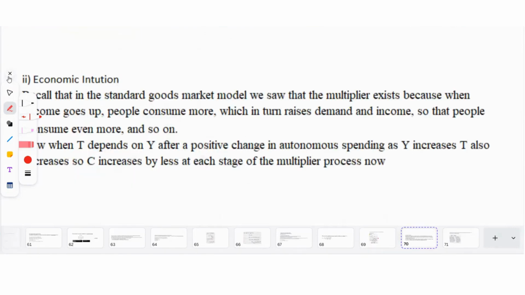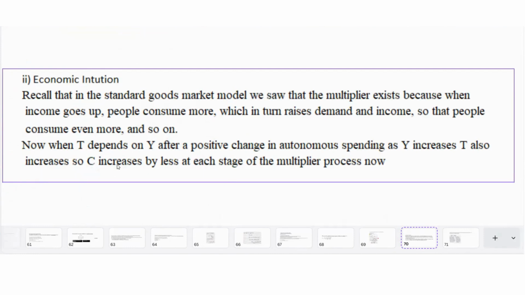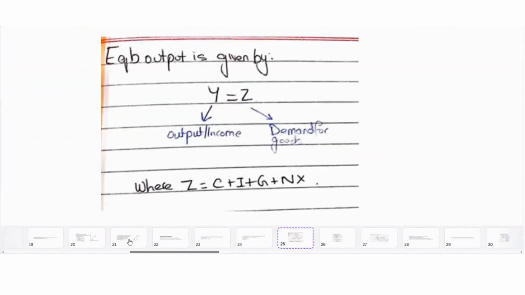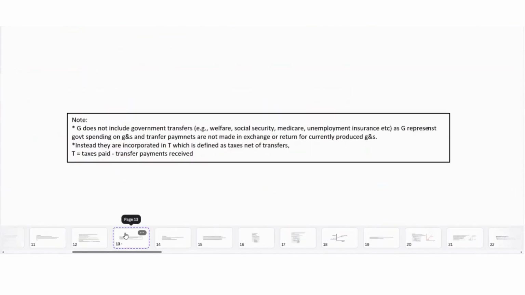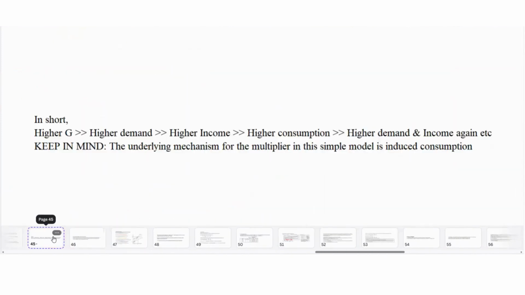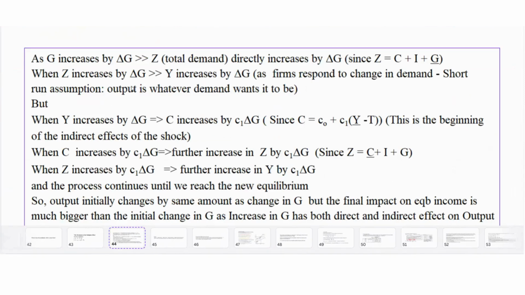Now let's look at the economic intuition behind it. For this, let's go back to the standard goods market model. We saw the multiplier exists because when income goes up, consumption goes up. That increases demand, which raises income, and which further increases consumption and so on. So if we go back and look at the economic intuition: when G increased, that increased demand, which increased Y. We said the multiplier effect exists because when Y increases, C increases, which further increases Z, which further increases Y,